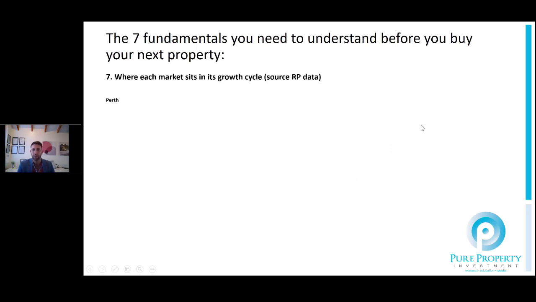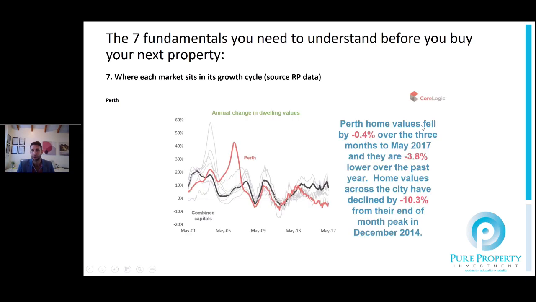Now, if we look at Perth, it's quite an interesting graph over the last 10 years. In Perth, in particular, you can see that towards the back end of 2005, 2006, it had some amazing years, and we're talking some years were sort of around that 30, even 40% in certain markets of growth year on year. Now, obviously, that's not sustainable, and it wasn't sustained, but that was really at the start of that mining boom.